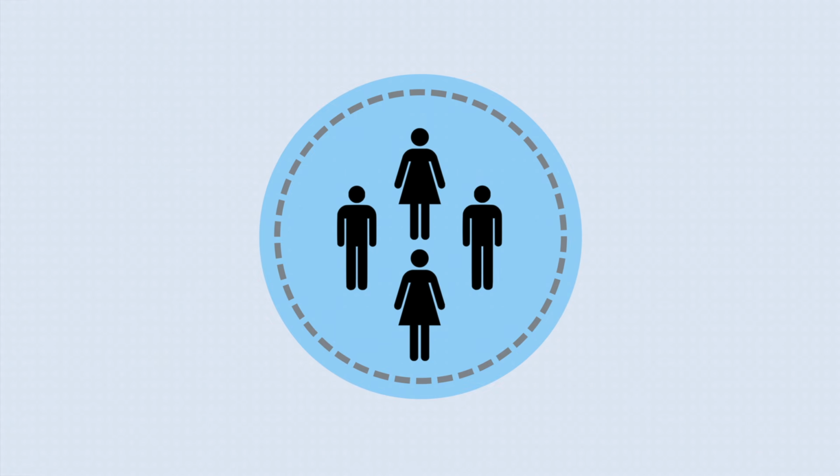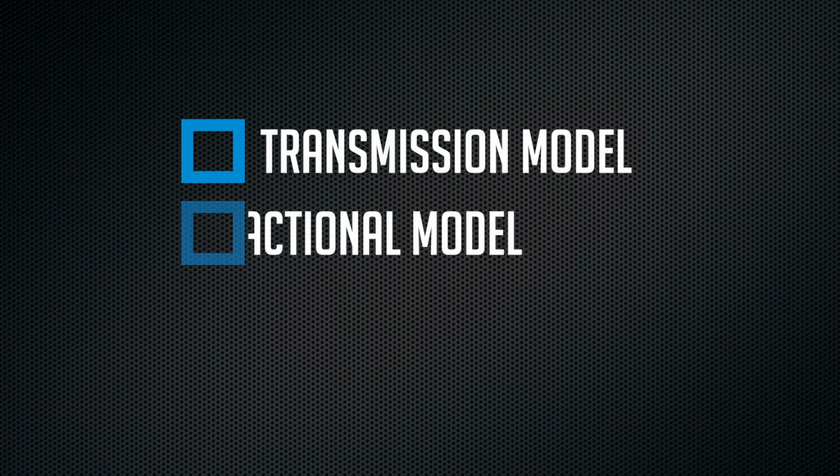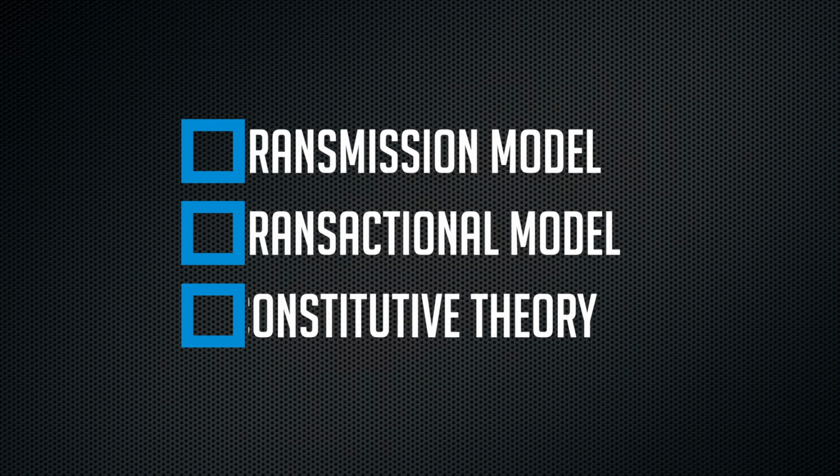So in the same way, Robert Craig says the economics, the social structures, the psychological features of our social world were established in the first place by communication processes. So communication constituted or formed our society, our relationships, and our lives. So these three models, the transmission model, the transactional model, and the constitutive theory of communication, all have their own emphases. They all shed light on different aspects and take a different view of communication. A better understanding of these three models, especially in the ways they compare and contrast, will help you understand the readings that you're doing and the other kinds of research that you are exploring.